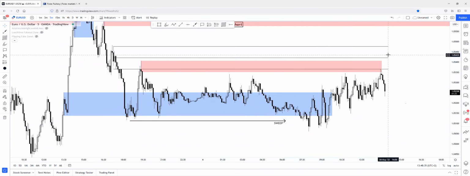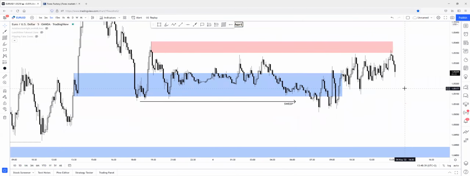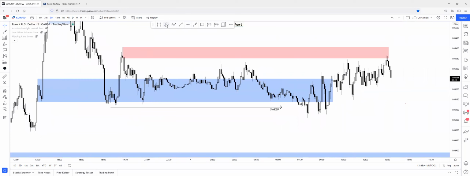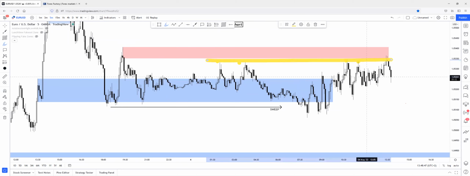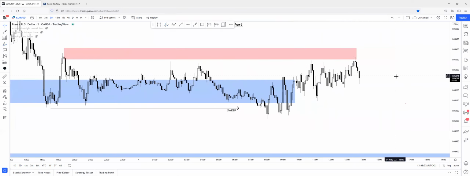So let me just remove this higher supply, and this supply has been tapped, as you can see. The liquidity has been swept into this supply because there was liquidity, first, second, third, fourth tap, and these 4 taps have been swept into this supply zone. Okay, what's happening right now? Actually, the character change movement on the 5-minute chart is happening. So let me just mark it as a character changing movement to the downside,